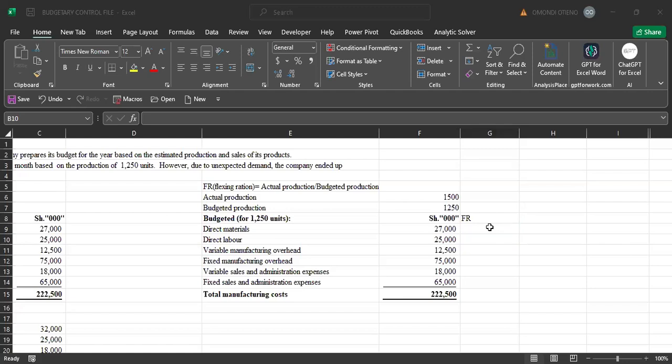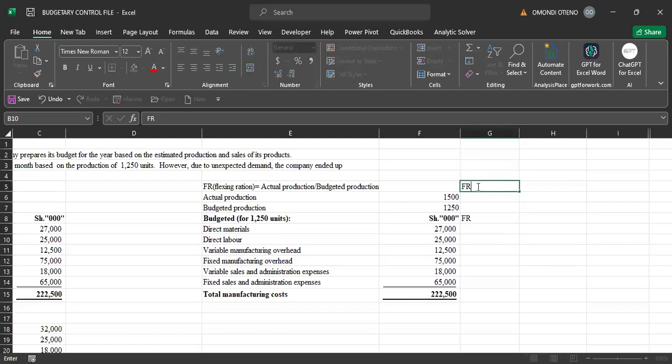So our flexing ratio here is equal to actual production divided by budgeted production. So we are getting 1.2. That is the flexing ratio. Good. Another thing that we need to consider, this flexing ratio will only affect